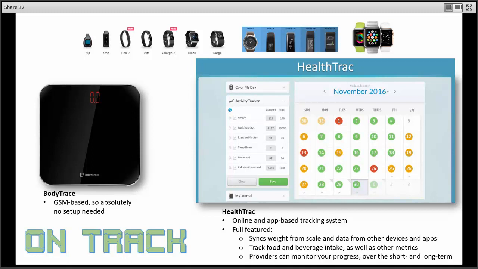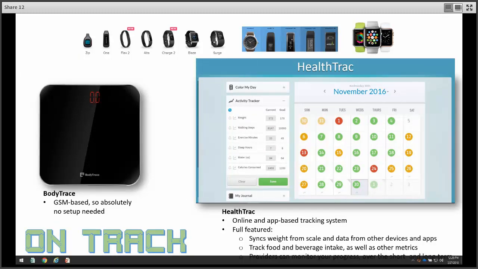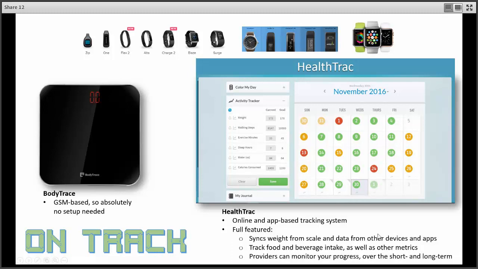So the Body Trace scale is just easy. It just works right out of the box, at least for the most part. Now I'm going to go over a few issues that sometimes patients have and how to remedy those. And then Health Trac. Again, the screenshot you're seeing here is the online portal, but there is a Health Trac app, so you can use it on your mobile device.